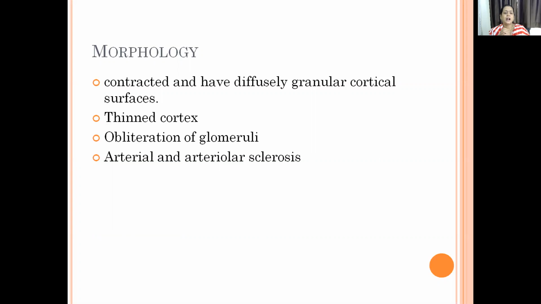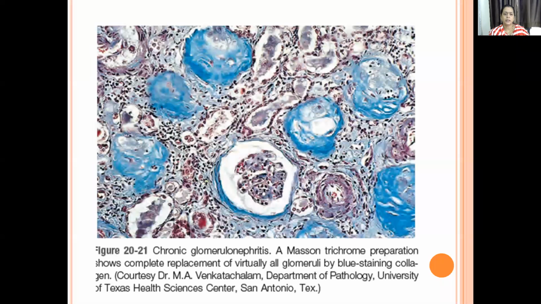Okay. Then arteriosclerosis as a result of extracellular matrix deposition. So these are the four important features we see as a result of a cluster of diseases going into chronic glomerulonephropathy. This is a Masson trichrome stain where you see almost all the glomeruli lined by fibrin strands taking over, and there is loss of potentially normal active glomeruli